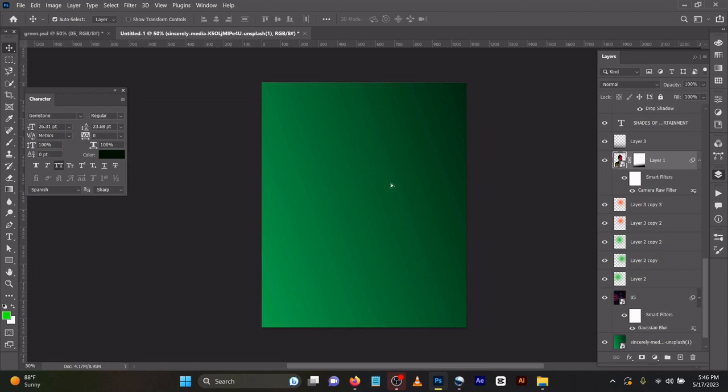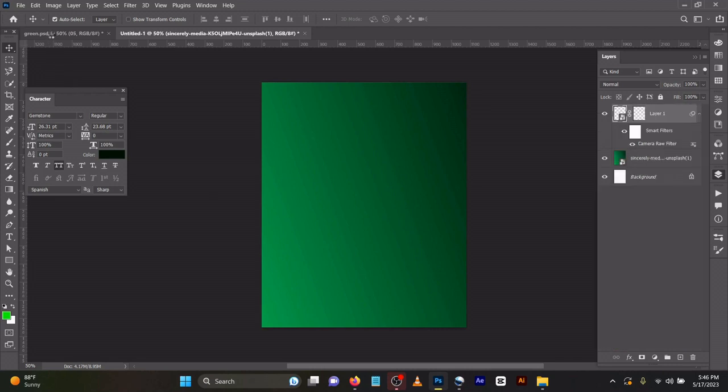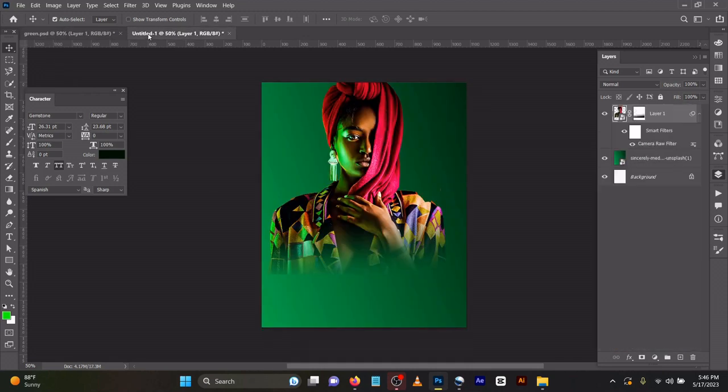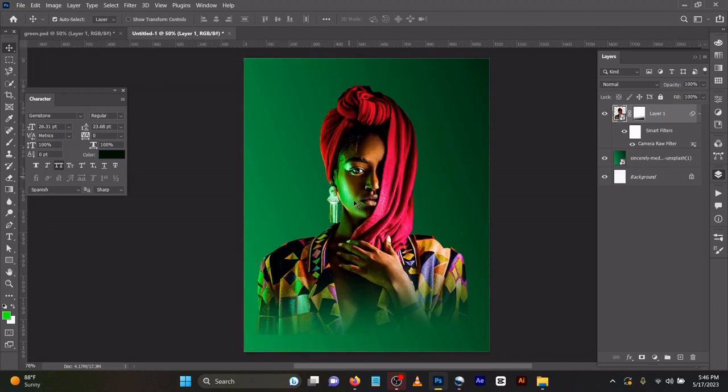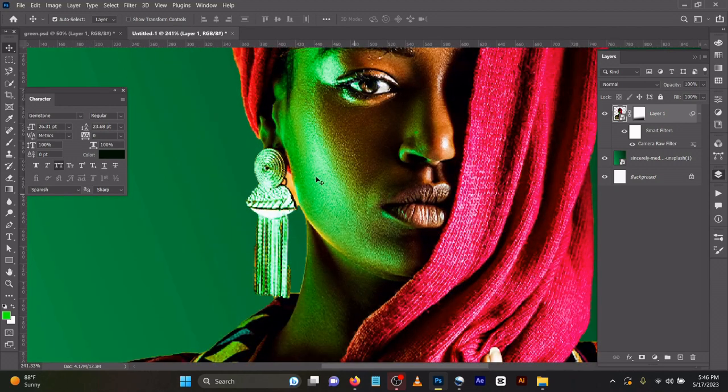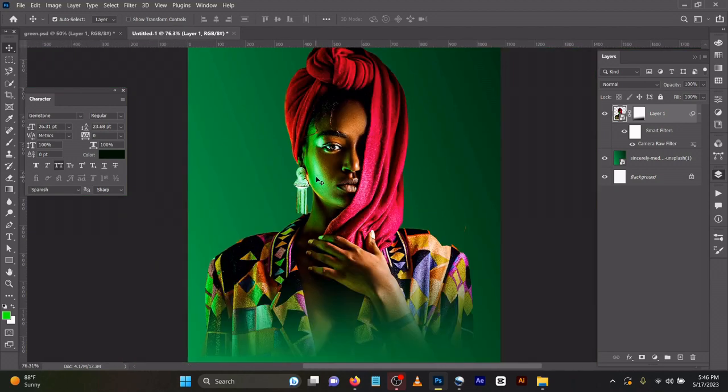So it's loading. Sorry. This image here was downloaded online. You can see it has this green overlay by the cheek side. So I thought of blending that particular side to the background. So what I did was I created a new layer here,